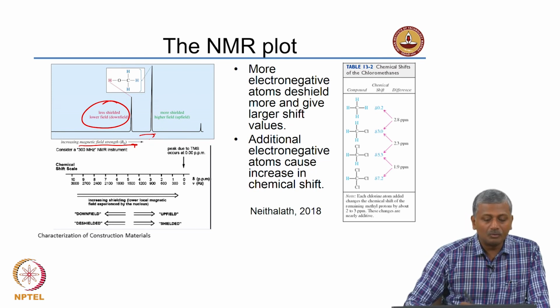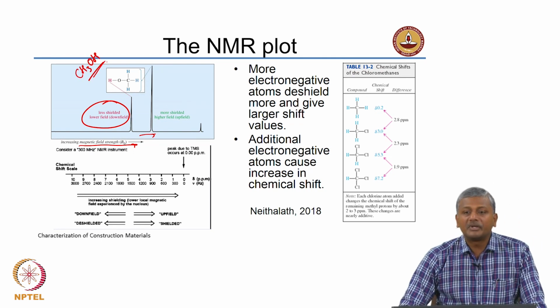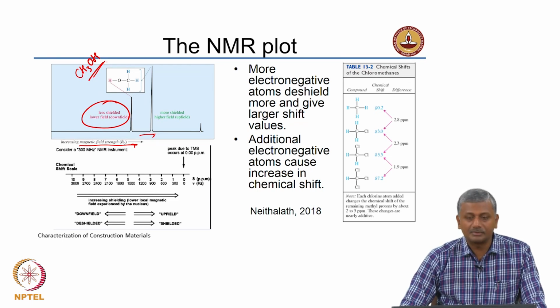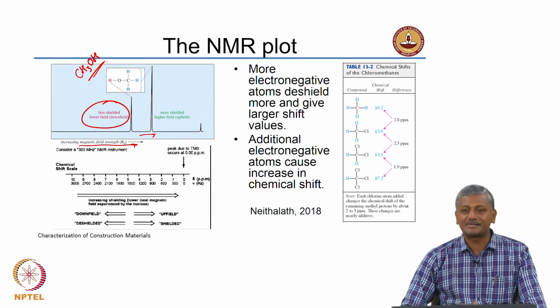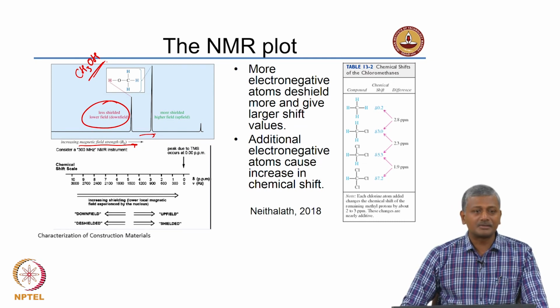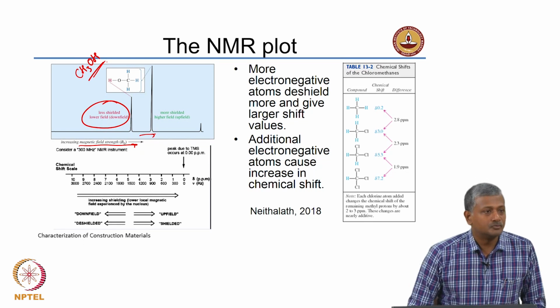So here a very simple structure is chosen, that is CH3OH. What is this? Methyl alcohol or methanol, otherwise known in newspapers as hooch. This is a major killer in our country. A lot of people consume this thinking that it is ethyl alcohol, but this is poisonous. It can cause death in very fast time.